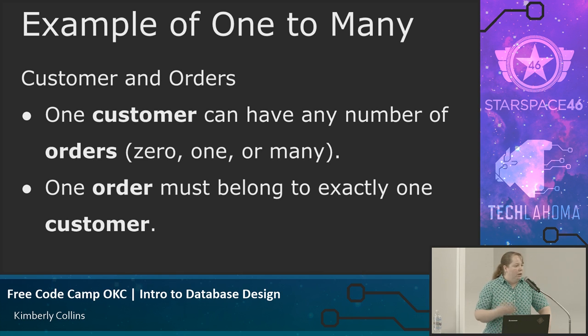but any one of those orders has to have exactly one customer. In our system, maybe in other systems, I don't know, in our system, I've talked to the user and they say, okay, yeah, an order can only belong to one customer. Two customers can't share one order. That wouldn't make sense. This is something you're wanting to find out from the business side. Can this ever happen? If it can happen anytime that one order can be shared by two customers, we need to know that because that'll turn it into a many-to-many relationship. So lots of times users will tell you sort of the general thing that's mostly true and kind of ignore the fact that that's not always true. So you'll need to find out, can this ever happen? Has this ever happened? Will this ever happen? And if they say no, one order must belong to exactly one customer,